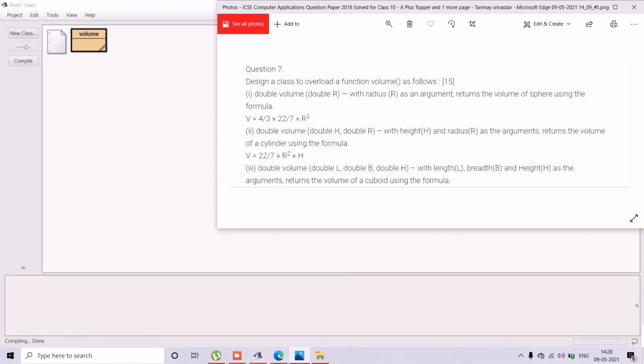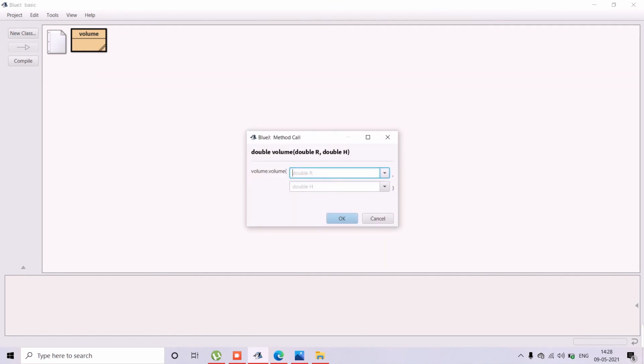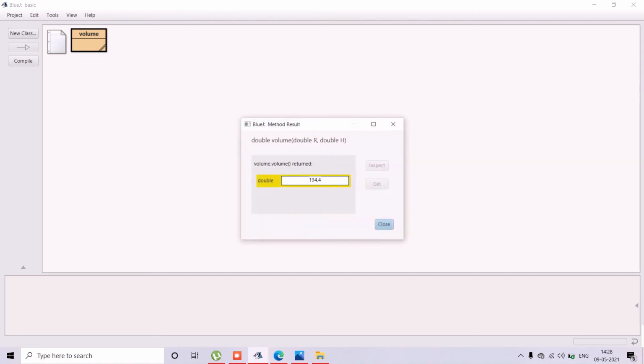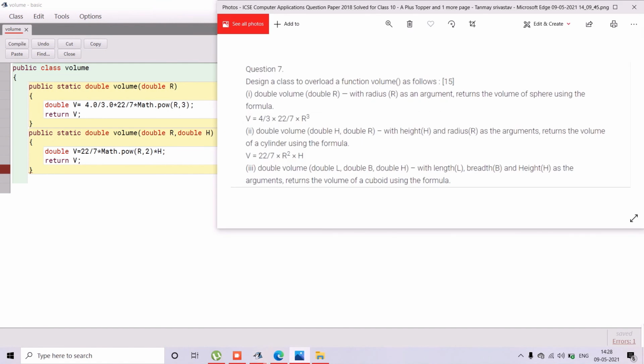Can come again on my window. Then here I will type 3.65. Okay. So like this, if you have to type another, you can start from here again, public static, then assign the value as the argument, return the volume of the cuboid formula. So what is the formula of the cuboid? Volume is equal to length into breadth into height, then return V, then close the bracket, then close the main.